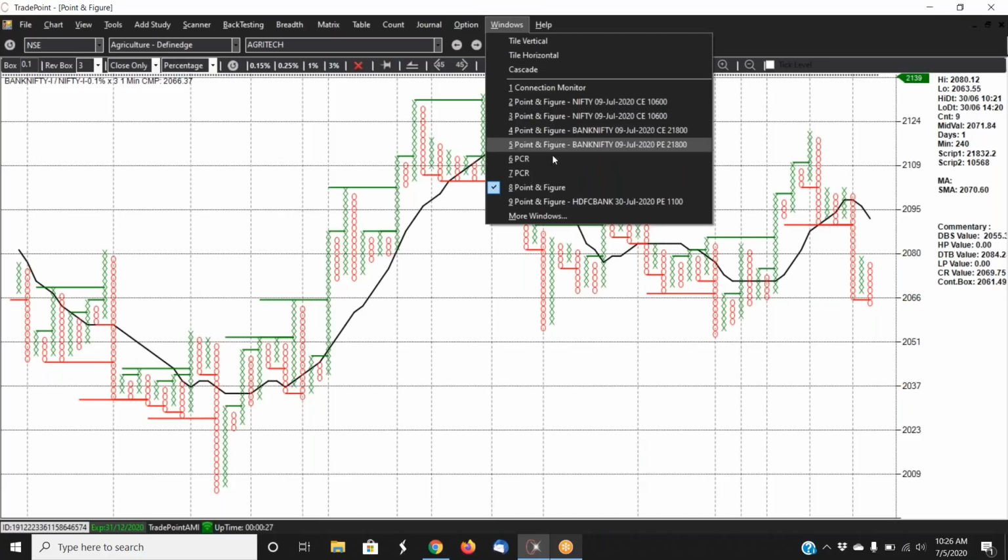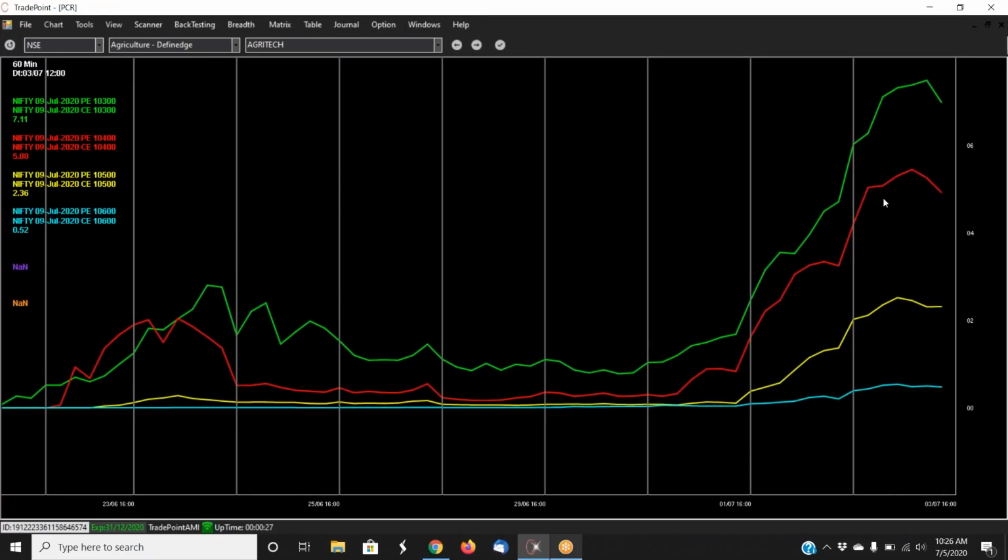Coming to put call ratios, this is the put call ratio for this weekly expiry from 10,300 to 10,600. It's a bit interesting because if you see the put call ratios at the quite in the money options, 10,300 and 400 are quite bullish. 300 is 6.99, 400 is 4.93, 500 is 2.32. All of them are quite bullish. 600 is not bullish at all. It is just 0.48, the lowest line, aqua blue here. But what I can see from this is they have started dipping.